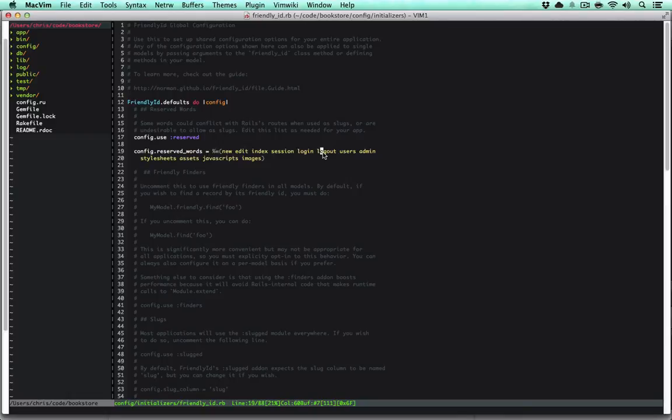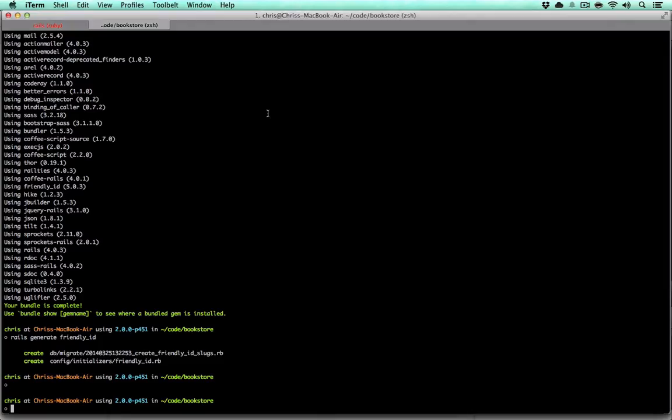Then that means that you could effectively break Twitter's website if they had not thought about that, where their users could no longer log out because they would be taken to your profile, which would be really interesting. But you need to think about that when you're doing it. So we're going to run this migration,